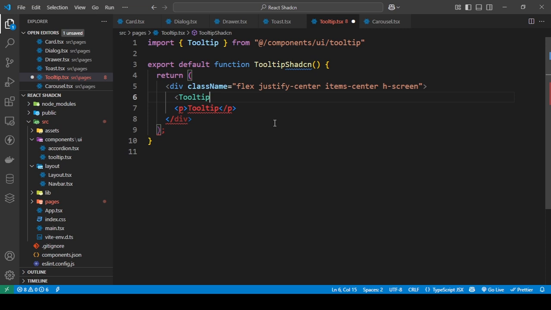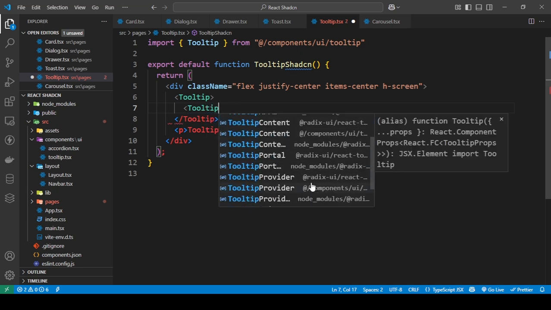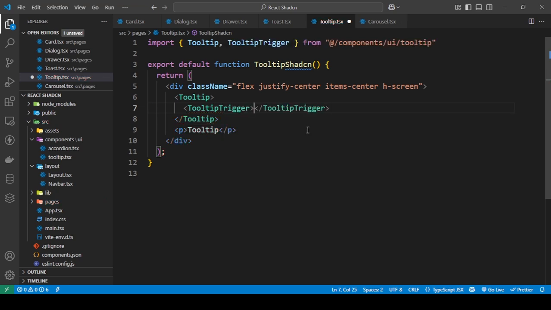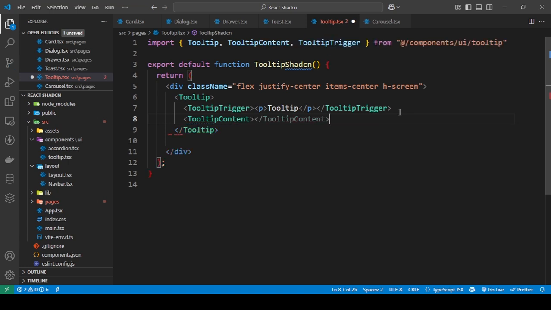Okay, and inside of this you end up having the TooltipTrigger. And you put this inside of your trigger, and then you put in the content. Okay, and just type in whatever you want. For example, I will type in